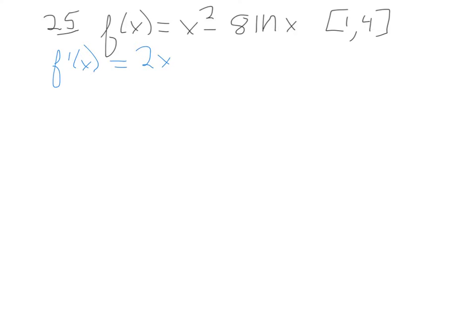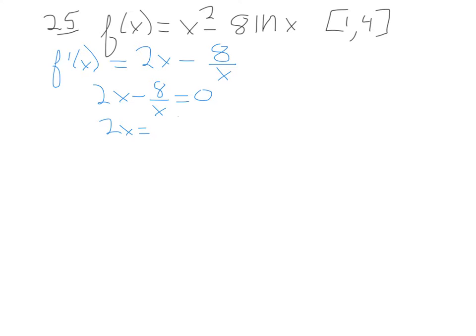We've got x squared, and we're going to take the derivative of that and get 2x. Now the derivative of ln x is 1 over x, so if we have 8 of them, it's just 8 over x. Okay. So if we set that equal to 0, the way that we would normally find our max and mins,